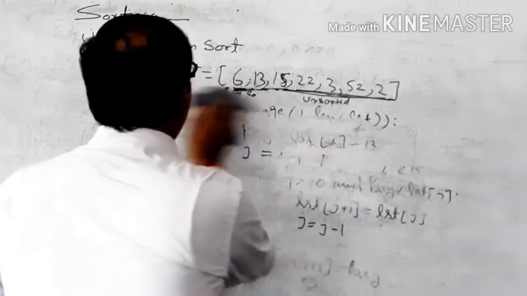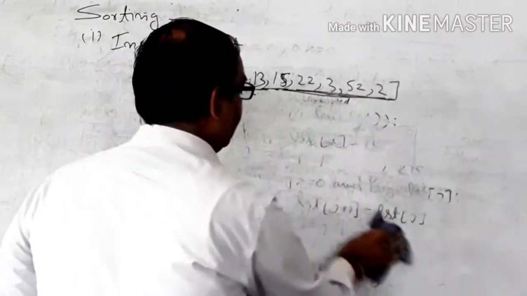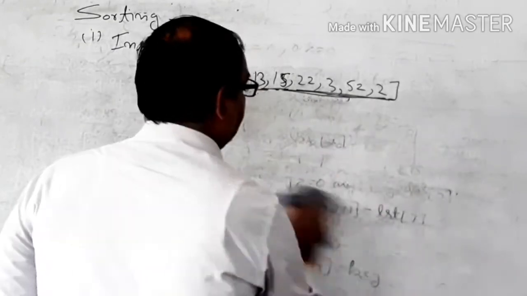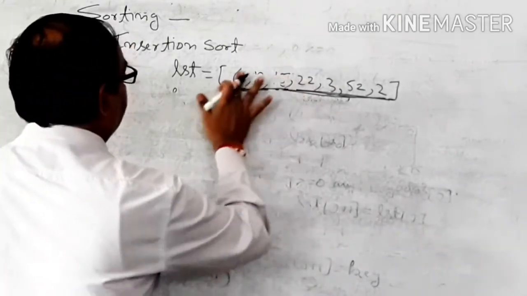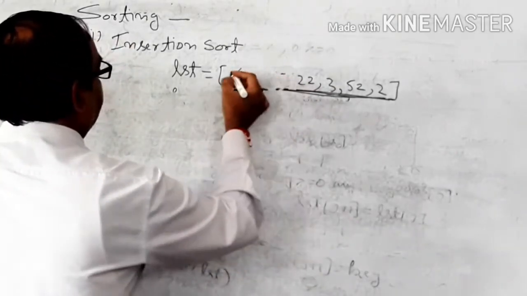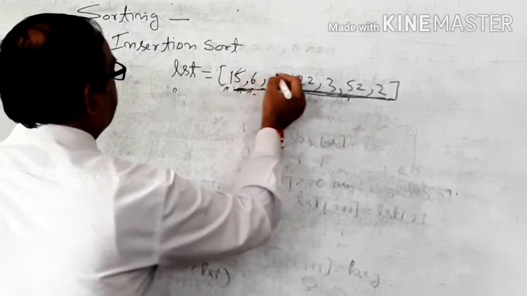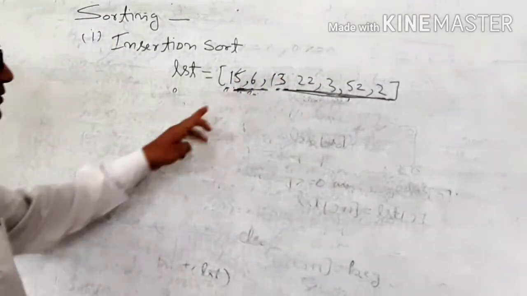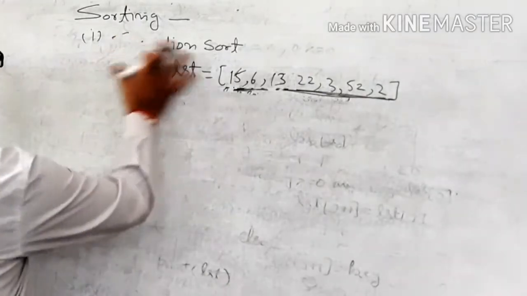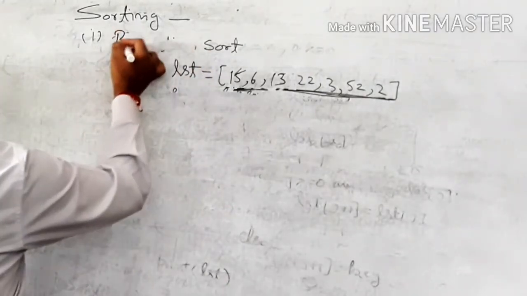Bubble sort. In bubble sort, we have already discussed that. In bubble sort, what's going on? You compare each element one by one. This is basically, I think here is 15. This is 6, and this is 13. Now we come to the next point, that is the bubble sort.